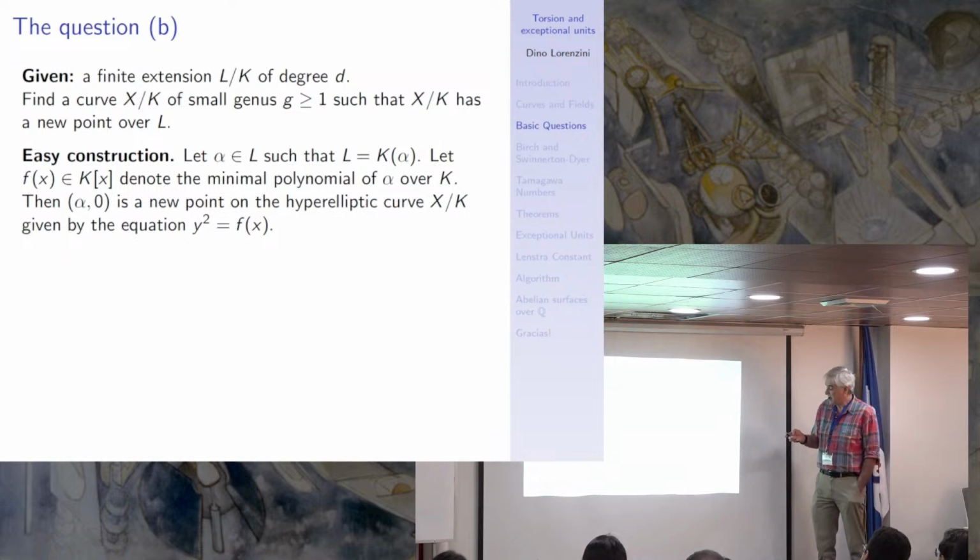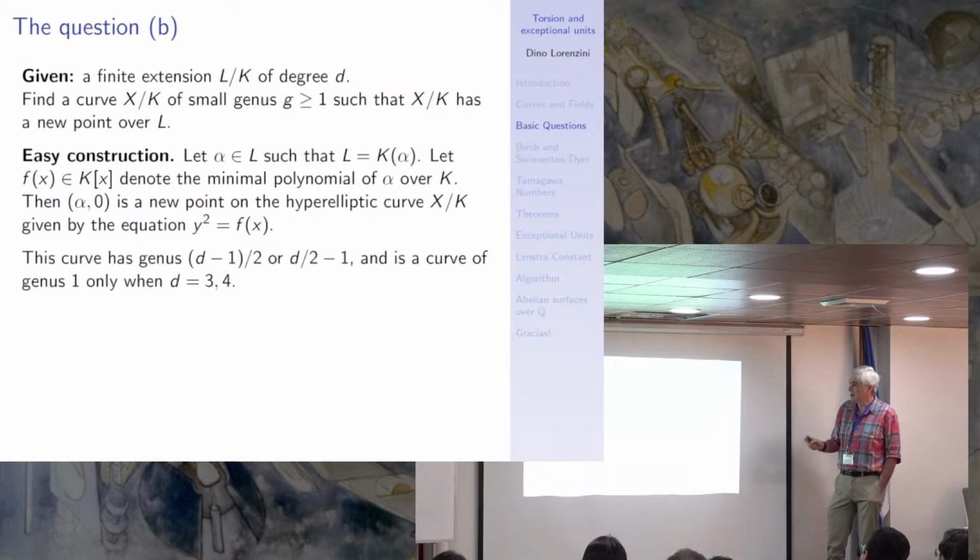And what about the genus? So, the polynomial is separable. So this curve has genus d minus 1 over 2, or d over 2 minus 1. So roughly d over 2, right? And it's only going to go down to genus 1 if you're in degree d equals 3 or 4. Right? So the difficult part of this problem is to find a curve of low genus that has the point